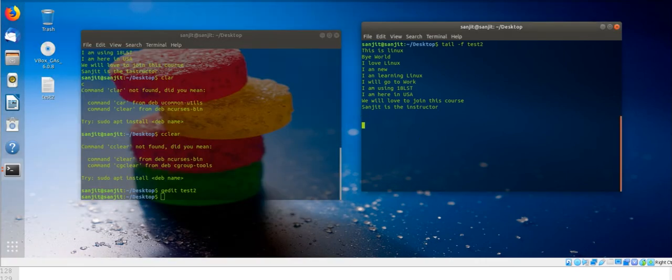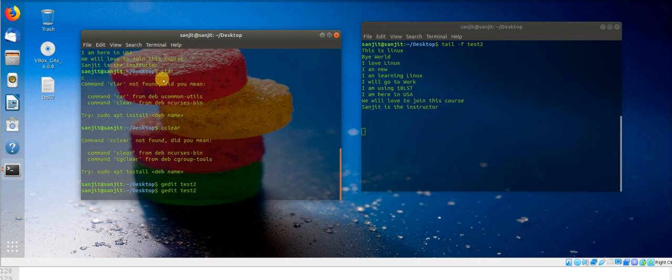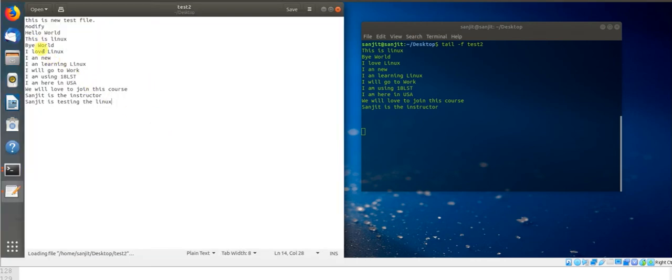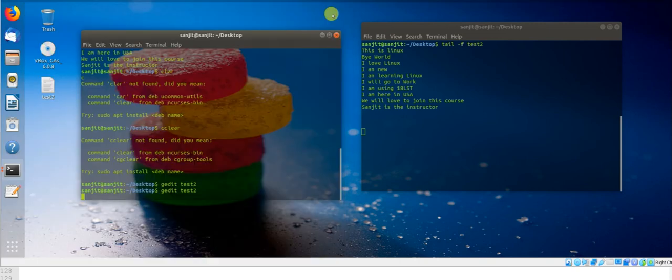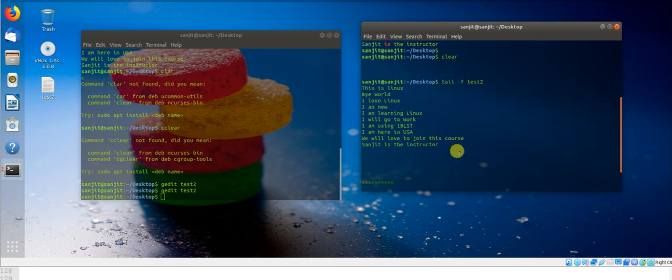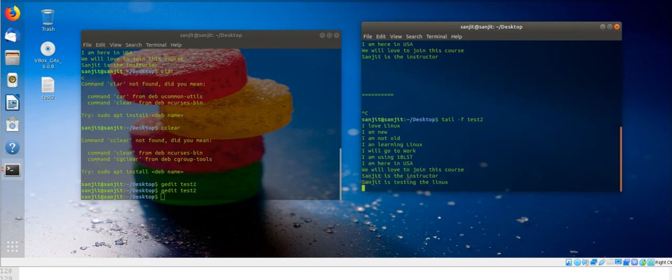So by default, what happens if anything comes, this tail command will add it. Let's say I add something more. Let me add, like, "I am new, I am not old." Let me save it. Generally, right now I'm not able to show you the exact scenario. But if you run it here,